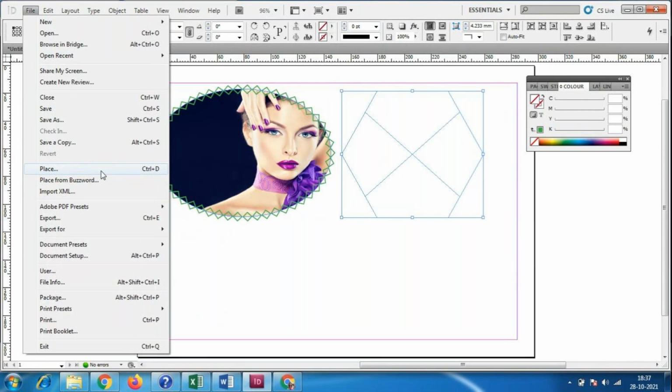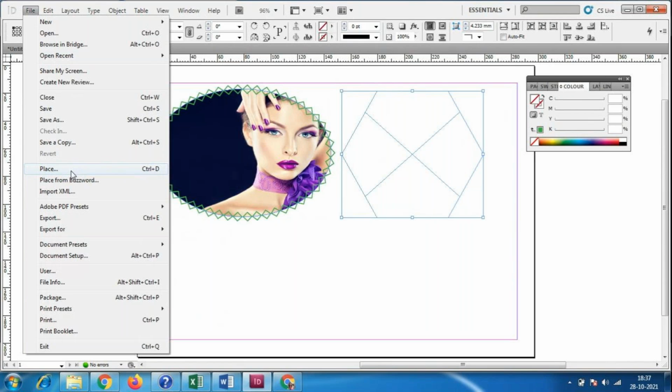In the online exam, they used to ask what is the shortcut of Control D. They may give you answer options like Control T, Control D, Control S, something like that. So Control D is the shortcut.